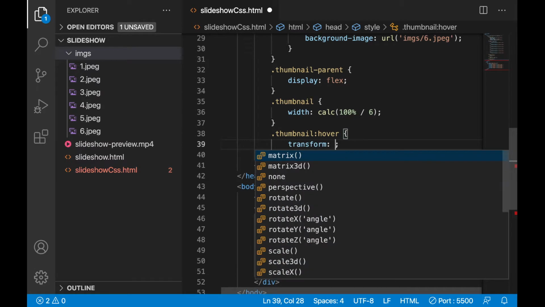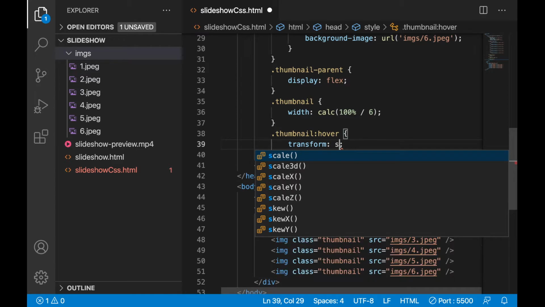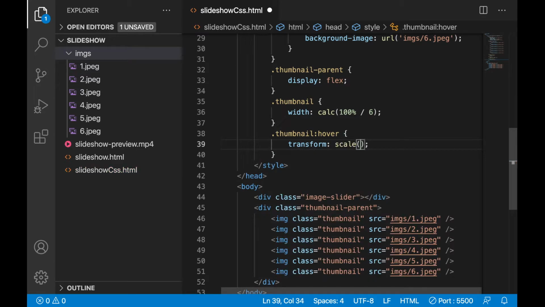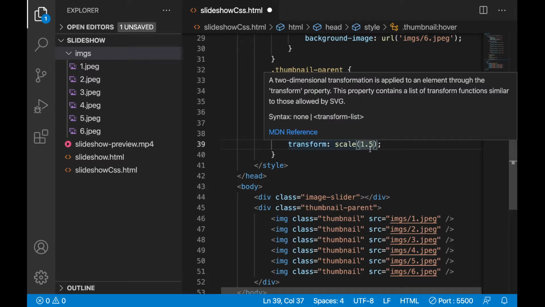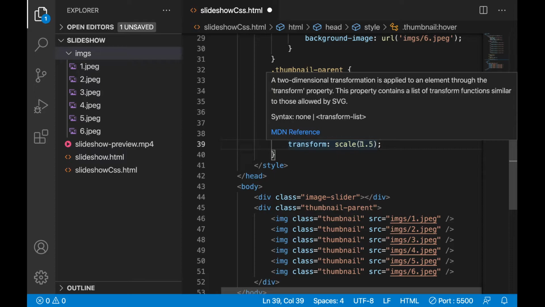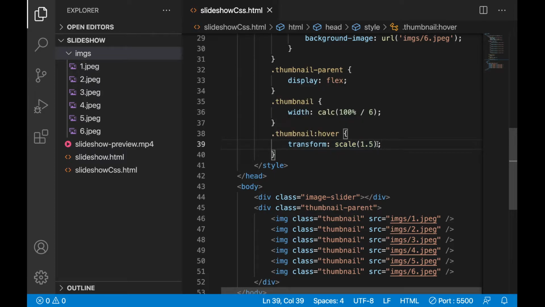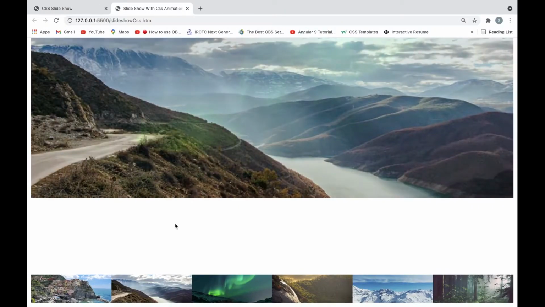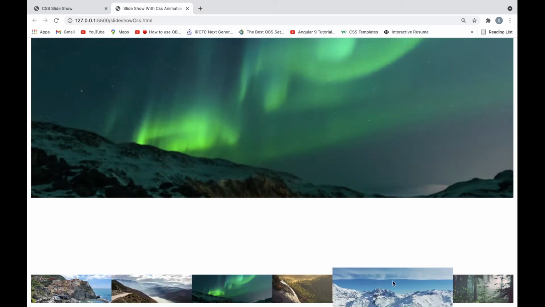Transform colon scale. Here we can give the number of times the width and height should increase. Now 1.5 means it will increase 1.5 times on hover. Now let's see, it is increasing now.